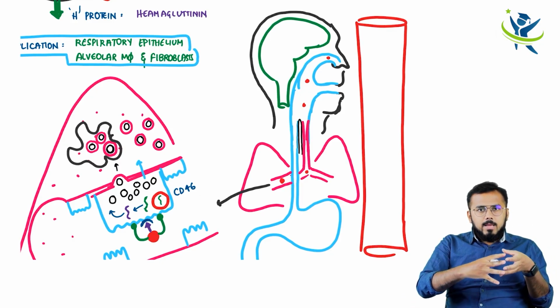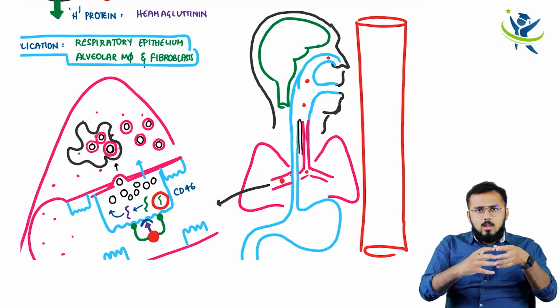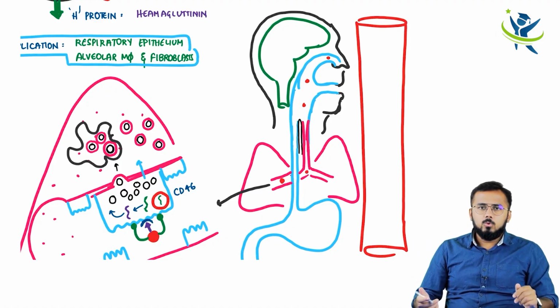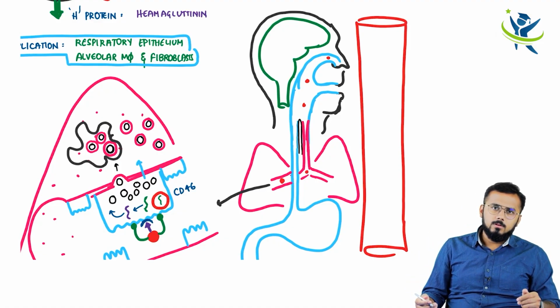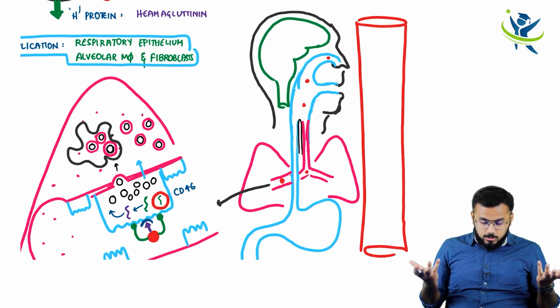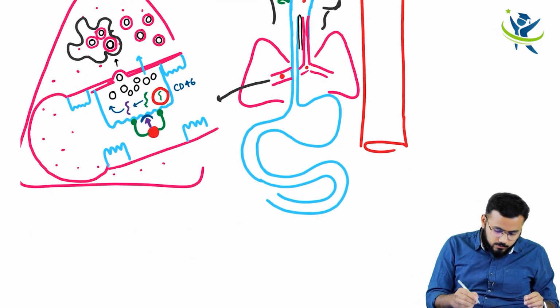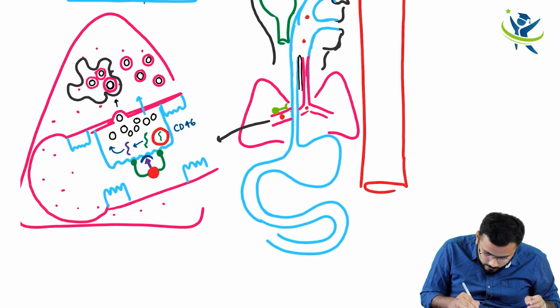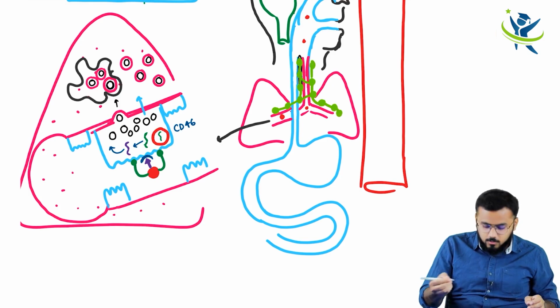Now these alveolar macrophages or fibroblasts, because they are motile, travel all the way and finally enter into the lymph nodes, right? Now you might have a doubt, you did not draw any lymph node here. Yes, I will draw a lymph node now. Now look here, these are the lymph nodes. Everywhere in your body you have got lymph nodes. So these are the lymph nodes like this. All along your lung over here you have these lymph nodes.